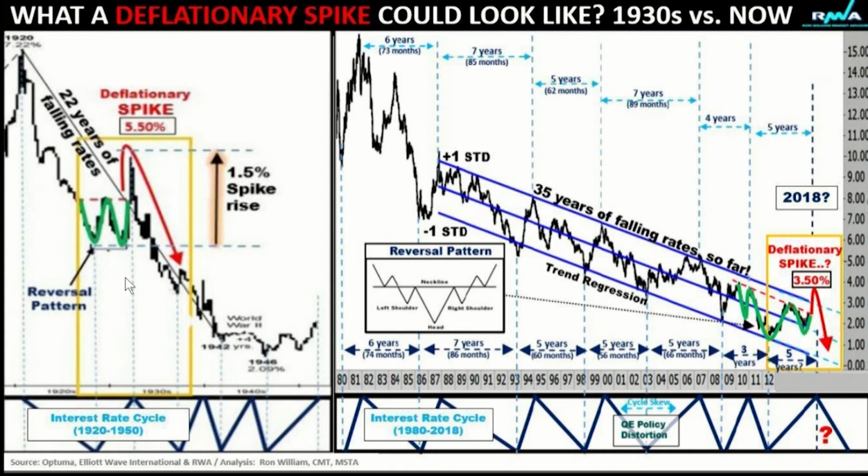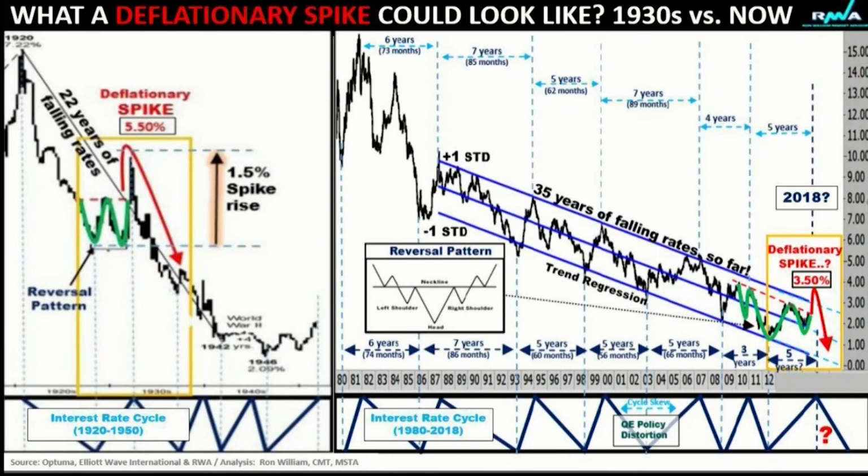And that was a deflationary spike, and that's what led to the deflationary spiral thereafter, which continued into the 1940s before the bottoming out process took place, and then we had the post-World War boom in the economy and in the stock market. That is an analog example of what we could experience. Of course, it's a historical rhyme, but not an exact comparison. Obviously, this time is different in so many ways, but in terms of a potential blueprint of what we might see, it could be quite similar to that.